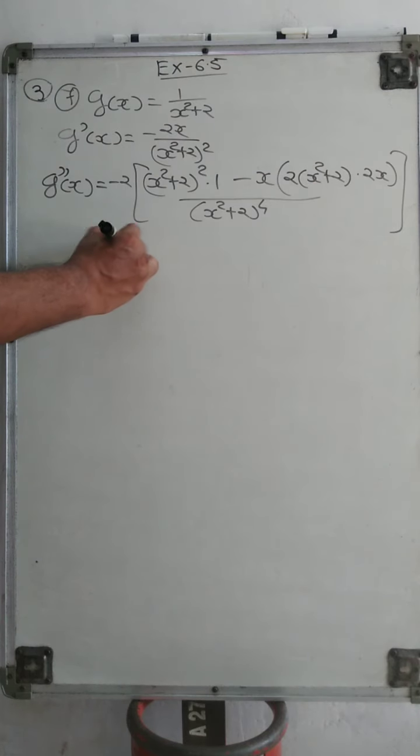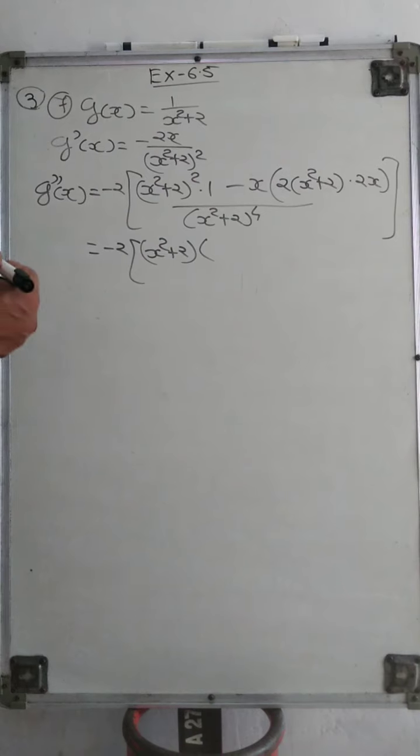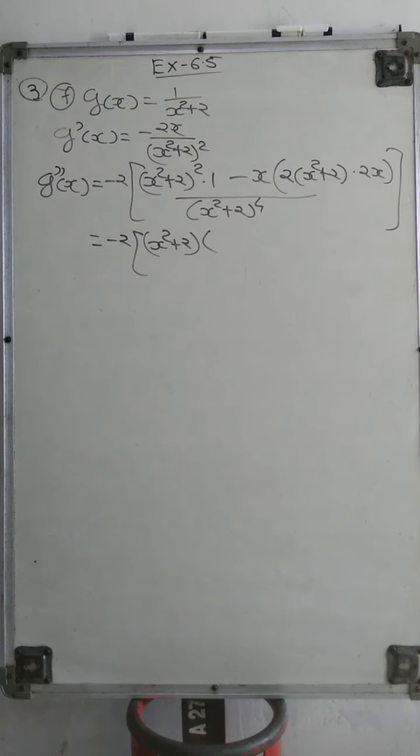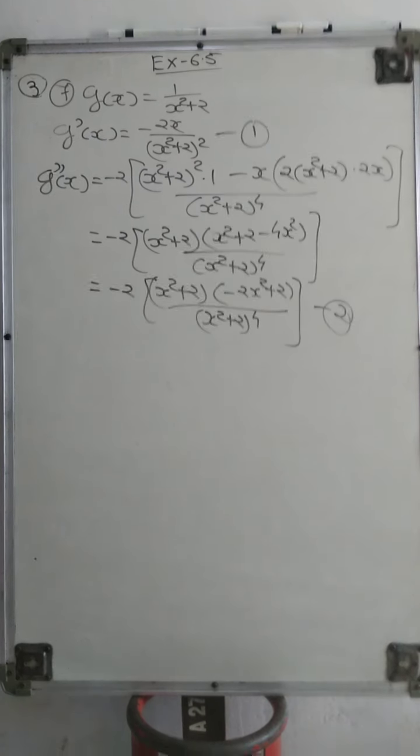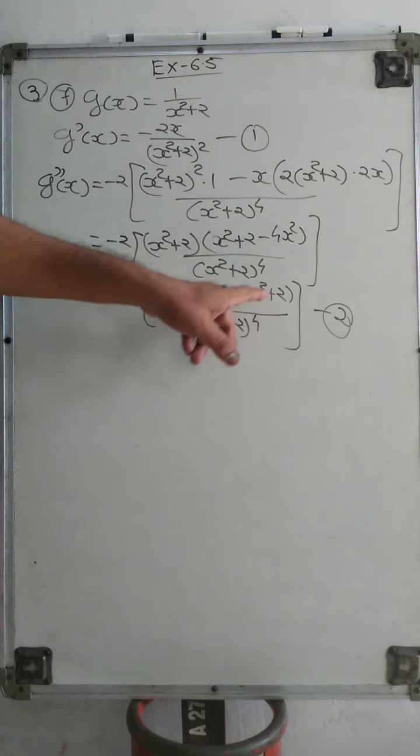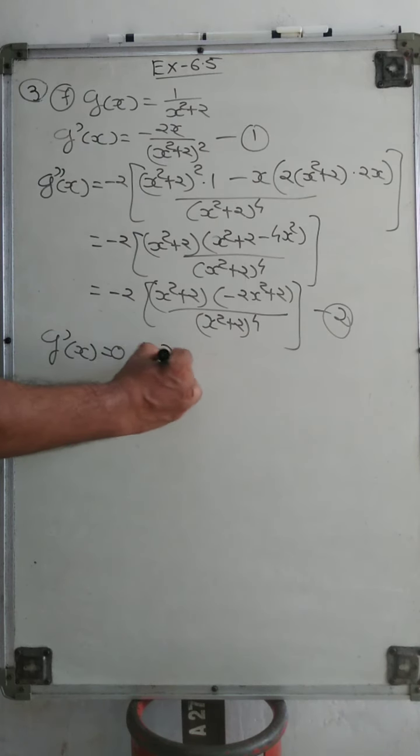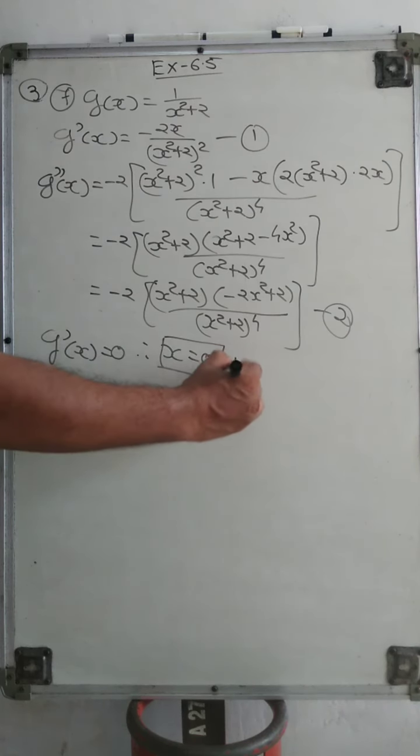So we have minus 2, bracket (x square plus 2) is common, and what is left is x square plus 2 minus 4x square. Okay, so here g double dash x is minus 2 bracket (minus 3x square plus 2) upon (x square plus 2) raised to 4. Now we just take g dash x equal to 0. It means x equal to 0, right? So directly put it in,